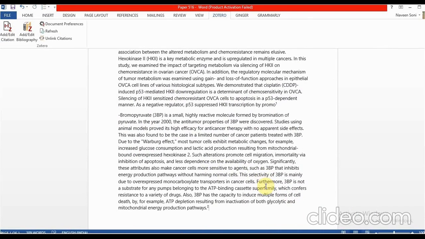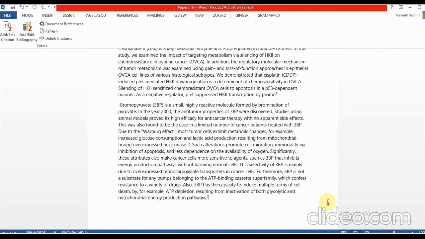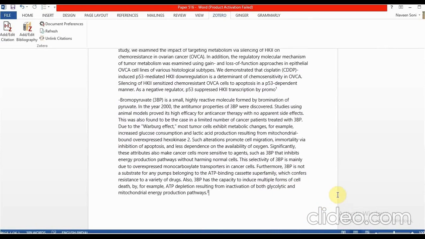Now be careful. If you add one citation multiple times, it will repeat the previous number of the citation only.